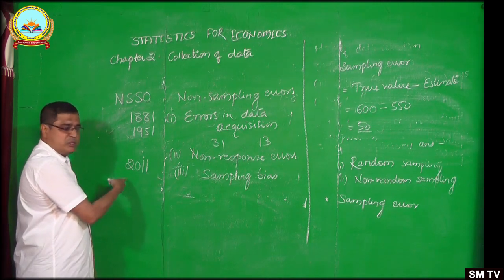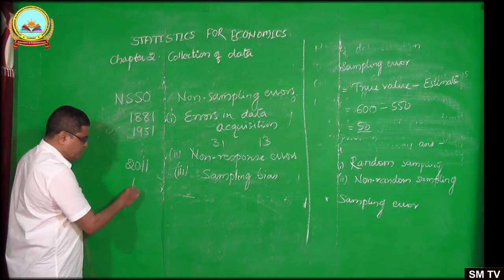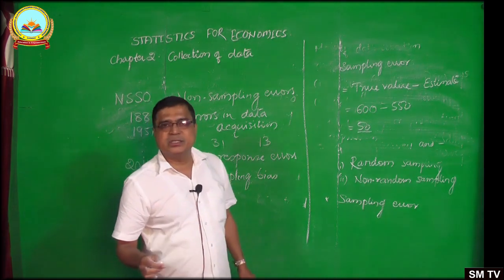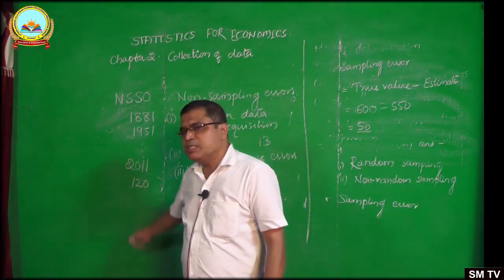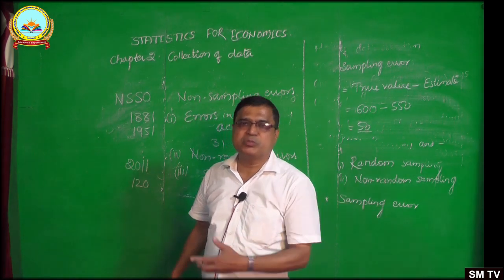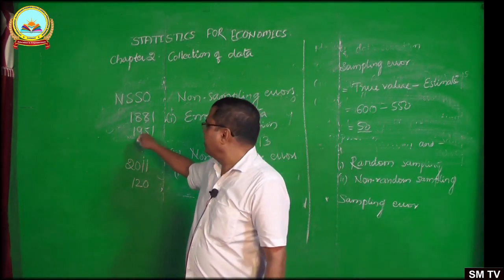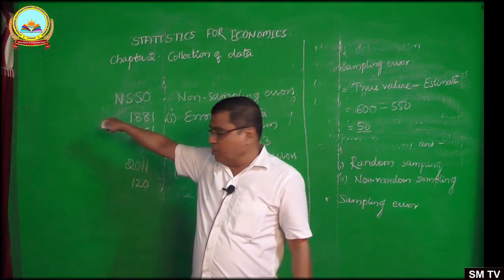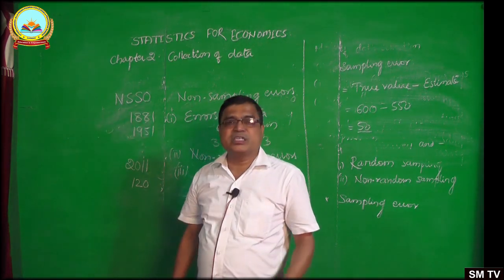In 2011, we had 120 crores of population in India. Already almost 10 years are over, and the new census has to be conducted, and this NSSO has the responsibility, along with the Central Statistical